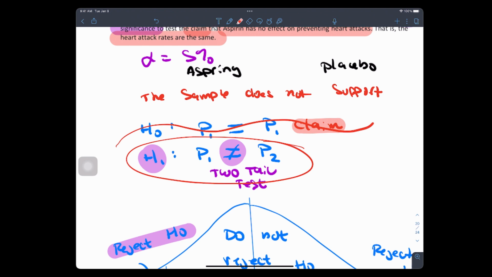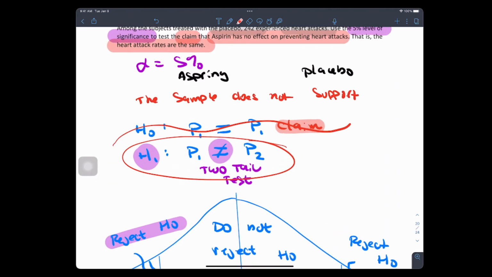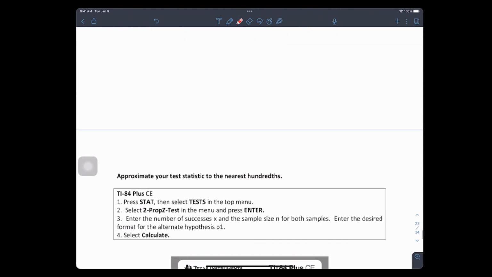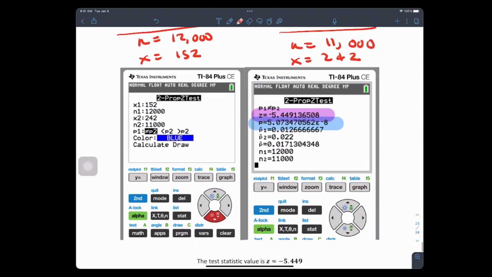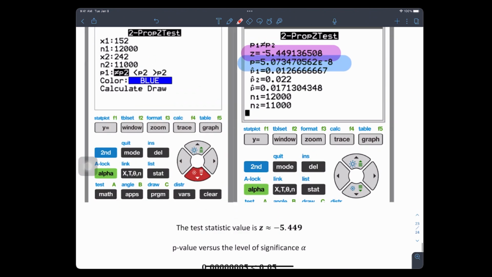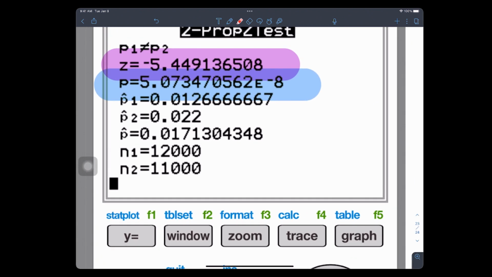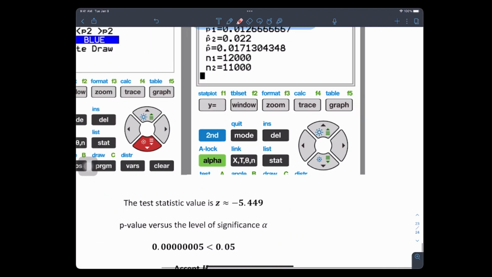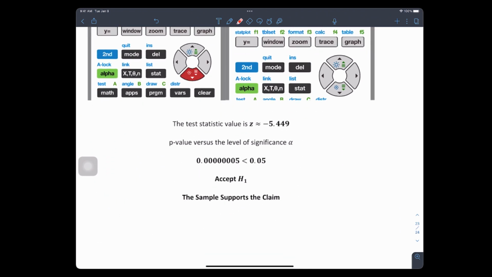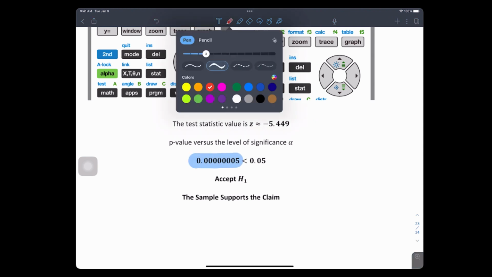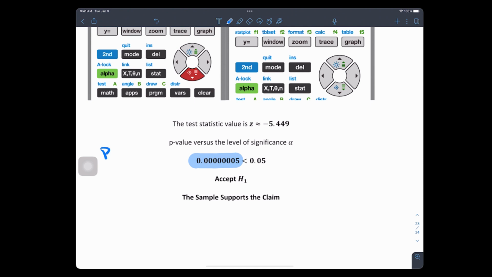So double check, ladies and gentlemen, if I said to you, what about the p-value? Our p-value is what again? It's approximately 0, isn't it? Why is the p-value approximately 0? Because that's scientific notation. You move the decimal 8 spaces to the left, which means there are 7 zeros. What I put here in the summary is my p-value. But that is approximately, if I go to the nearest what? Hundredths? That's approximately 0.